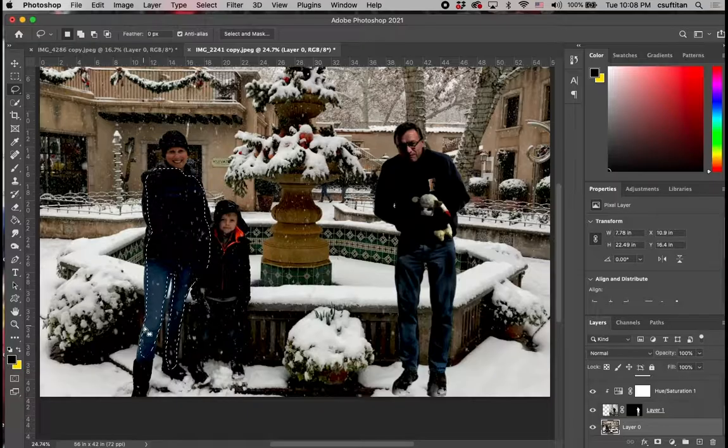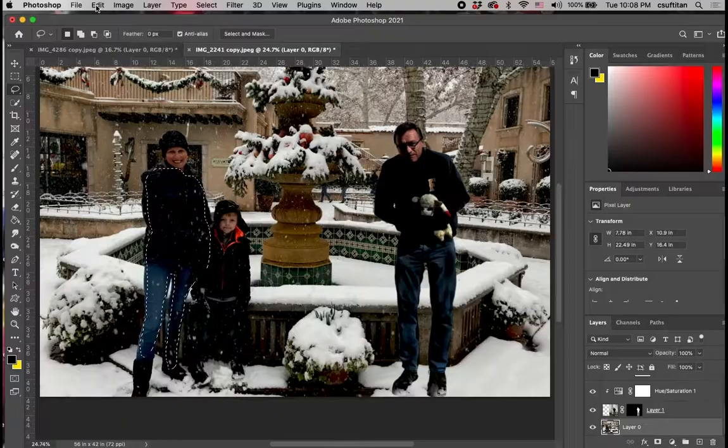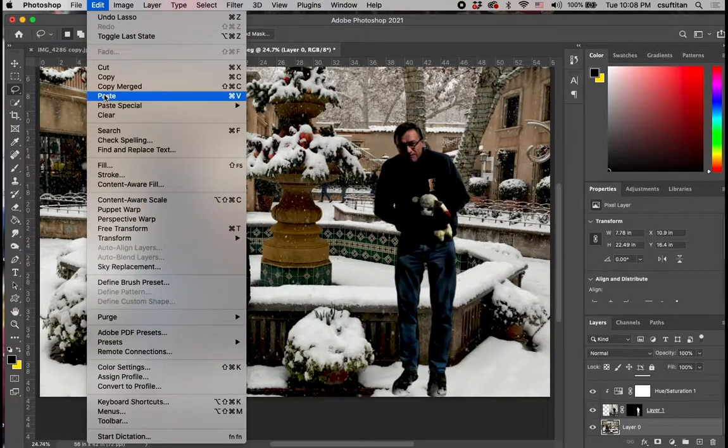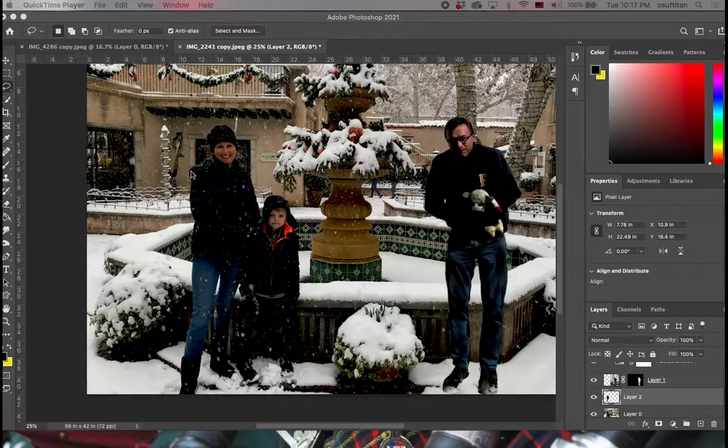So that's my rough selection. I'm going to copy that and then paste it into a new layer. And there's my rough selection. What I'm going to do now is zoom in, and